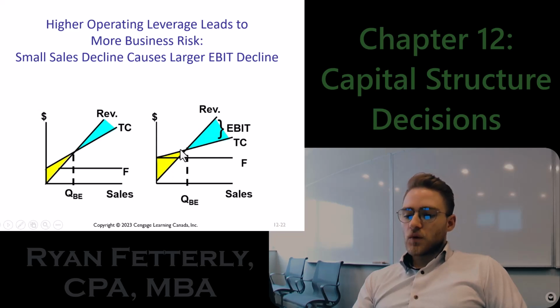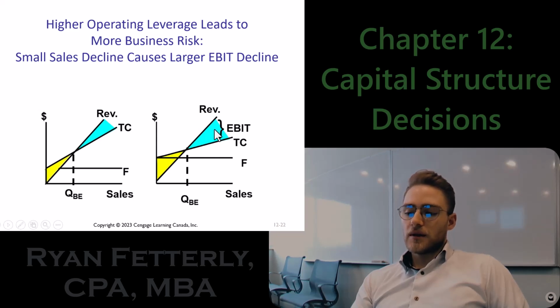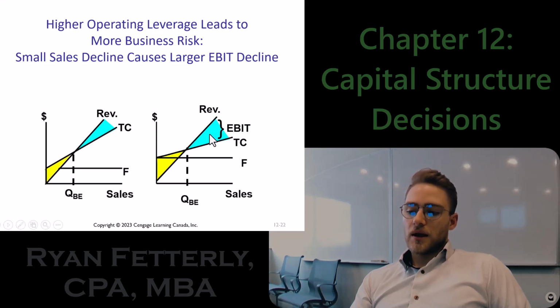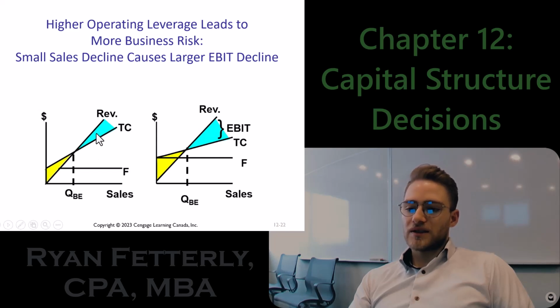But once we hit our break-even quantity, our net income is now zero, and as we go beyond, our net income is positive. And the space between the two lines, our revenue line and our total cost line, this is our profit, right? So in here, a company with a high degree of financial leverage, if they exceed expectations, they are very profitable. Whereas a company with a low amount of leverage, but a higher variable cost curve, even if they beat expectations past their break-even point, you'll notice the little blue space here between these two lines is a lot less, right? So when you have high leverage and you have high fixed costs, you have a much